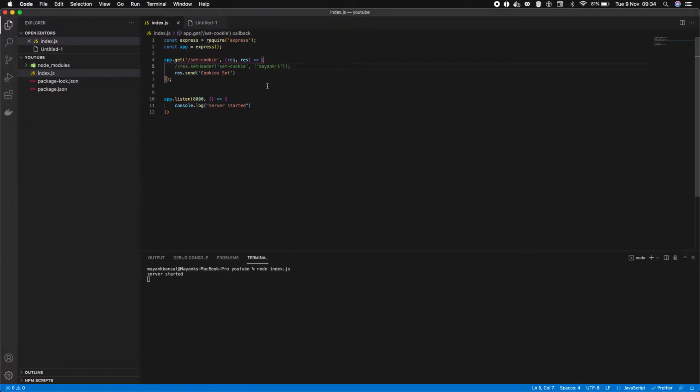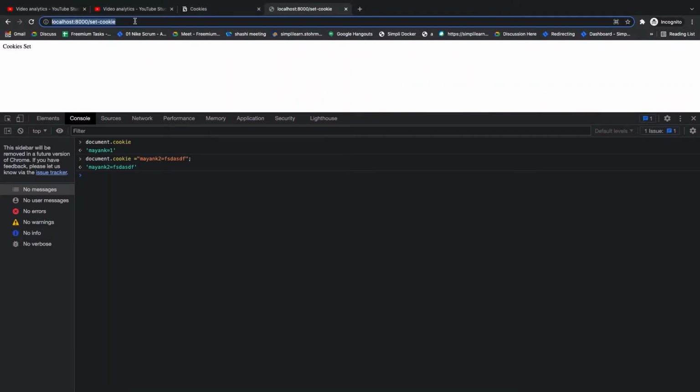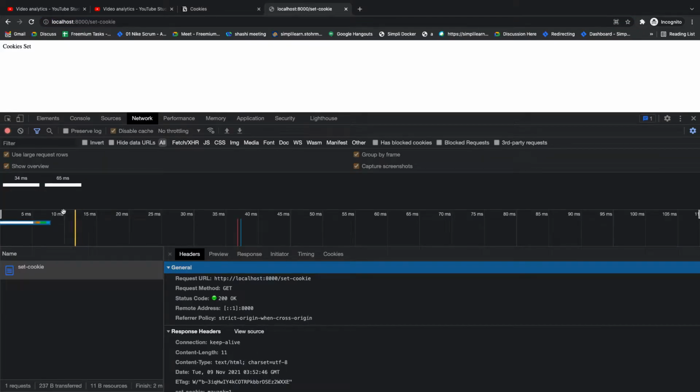I've put together a small server here for demonstration purposes. It's a simple Node and Express server. Here I'm just setting a header called set cookie, and I'm setting the value as Mayank equal to 1. If I were to change this value to Mayank equal to 7 and then make the request, let's check the network tab also.